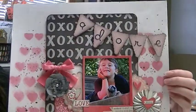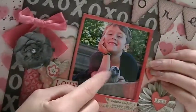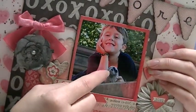And then on this layout, it's titled Adore, and I just used a picture of my little boy, and I liked in this picture how there was a building and it was reflecting,